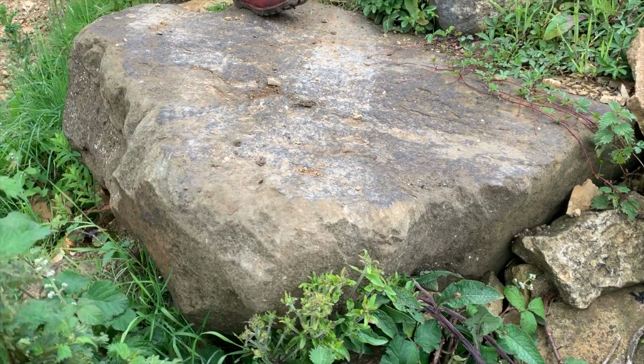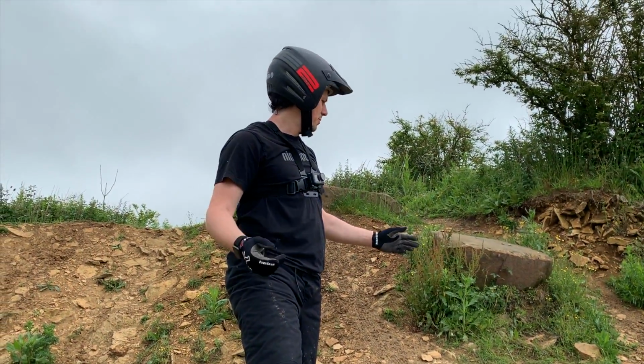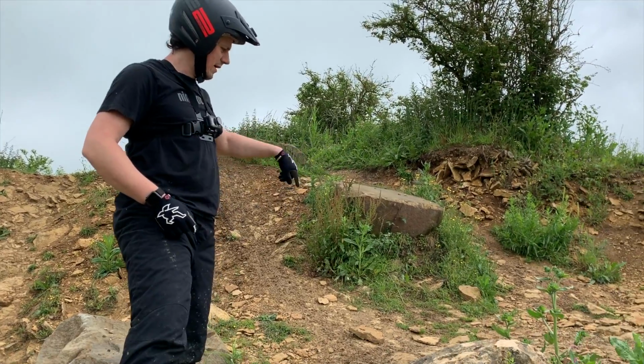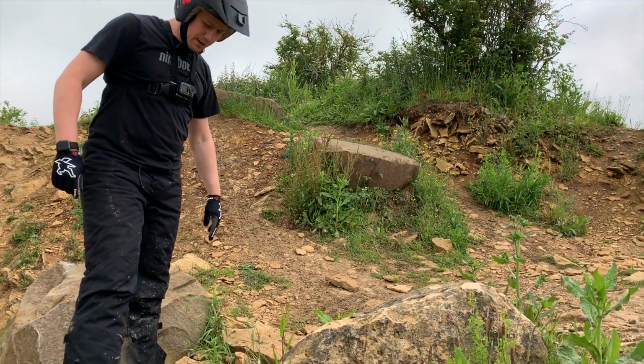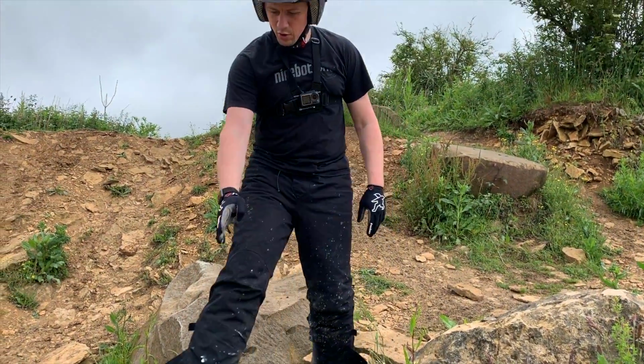That's why this is a technical section, for me, obviously. Not for probably most people, but this part is supposed to be, so you can't just do a normal turn, you have to hop it round, back and front, unless you can leap the whole thing round. So that's to force me to do that, and then be controlled at the same time, because I've got to thread it through here without coming off here,